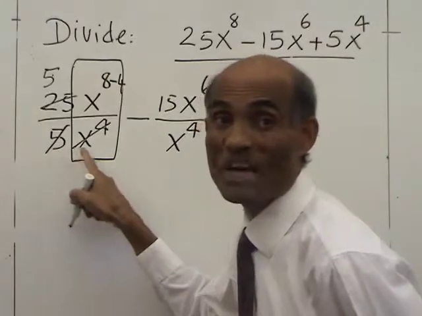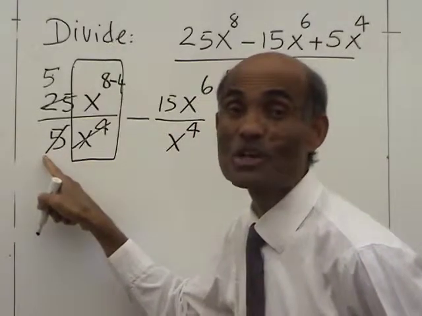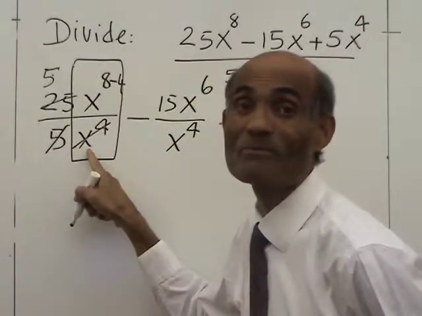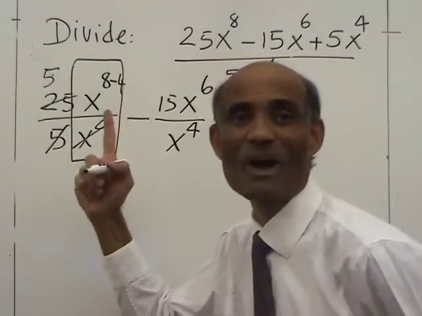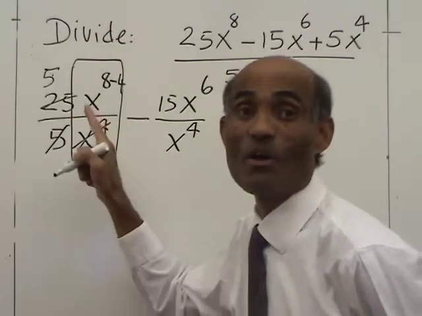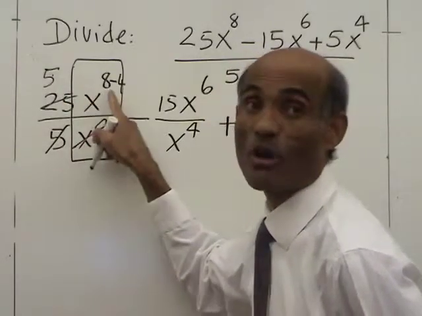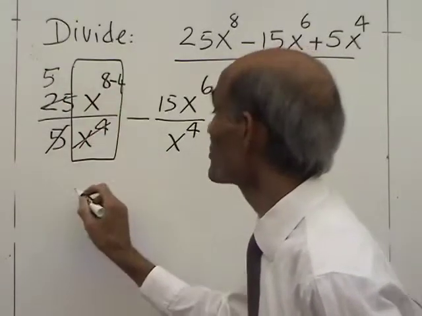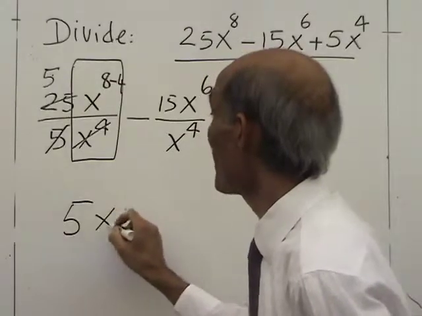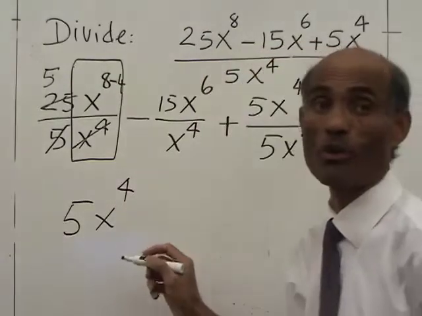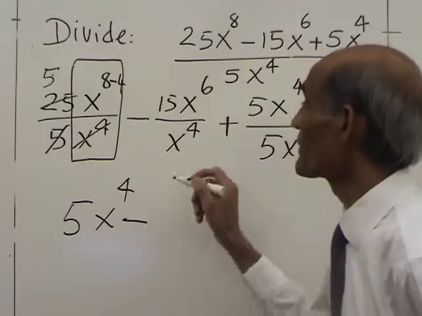And now what is my denominator? All the terms from the denominator have disappeared. Denominator is 1. We don't need that. On the numerator I have 5x to the power of 4. So my first term is 5x to the power of 4 minus, now